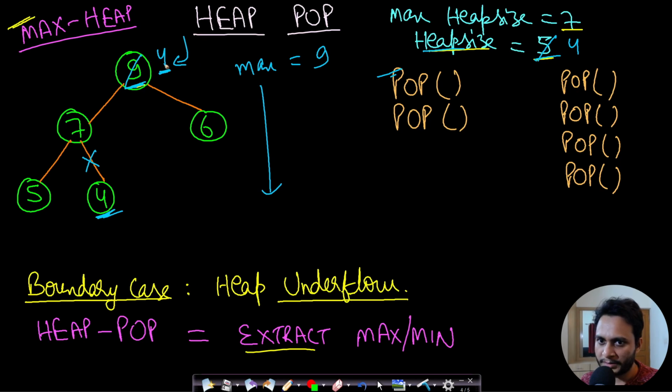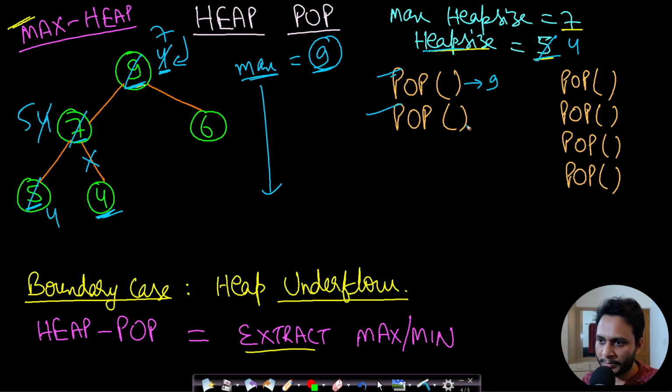So you will take the maximum of the current element, left and right. The maximum is 7, so 7 will come here, and 4 will go here. Again, 4 will be compared with this 5. So 5 is the maximum, so 5 will come here and 4 will go to the leaf node. This is how we pop the element, and now we can simply return the maximum element, which was 9. So popping an element here returns 9.